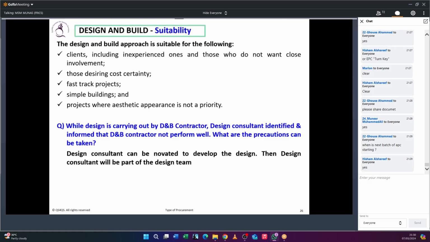Like a traditional procurement route, you do the design, and once the design is complete, you go for construction. That takes a lot of time. Like design and build, you do both together, like RICS and AQS, still fine. You save the time. So time is everything. But it's up to you, as you are the decision maker of your life. Okay, so shall we continue in the next class?